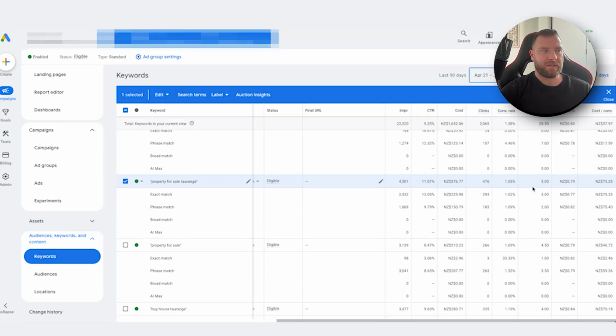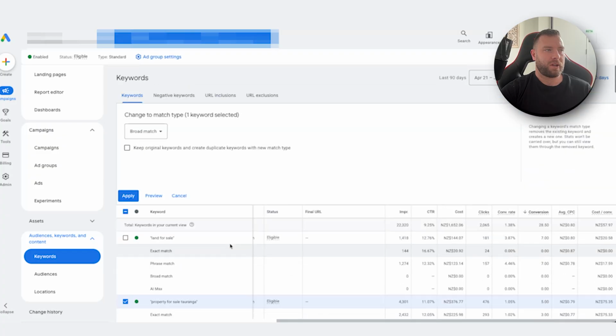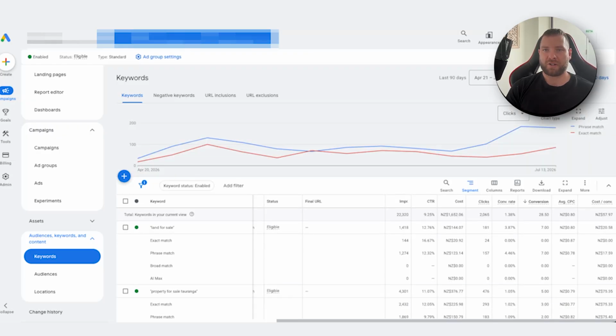But if you find that there are ones that are overperforming in their phrase match variations, you can always go here and edit the match type. Now, the trick here is to keep the original variation and pause it, so that you always have a reference point of what the phrase version was doing prior to the switch. If a phrase match is bringing in too much broad traffic or too much garbage intent, changing it to an exact match will tighten the way Google matches your terms to ensure that when you change it, you're getting higher